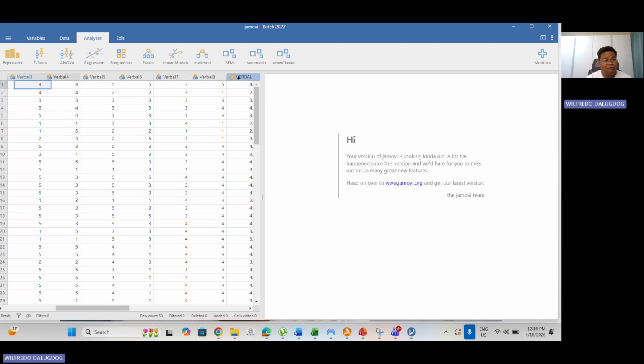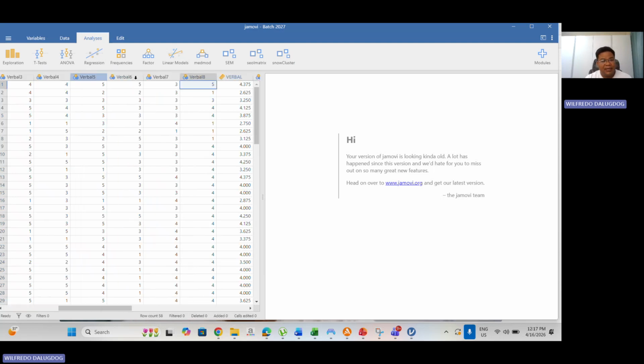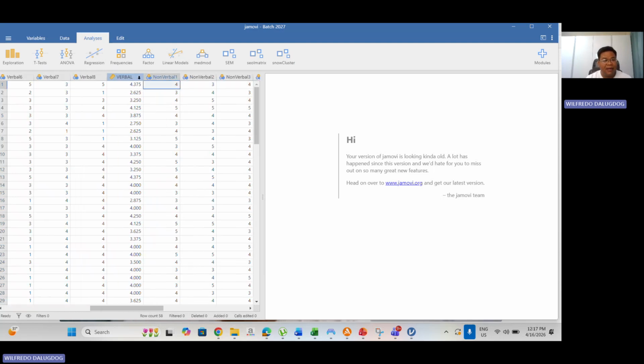Actually, this verbal one to eight with the overall mean score has something to do with the verbal sexual harassment experience among the college students. Again, this is a dummy data. Another one is the nonverbal.